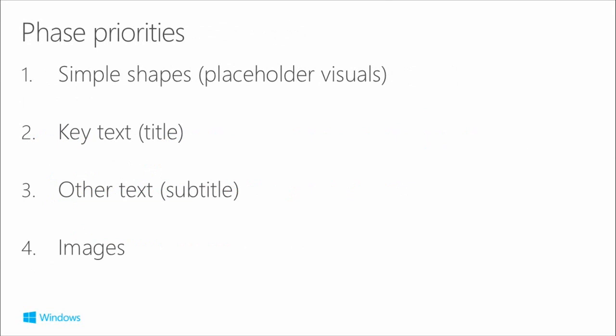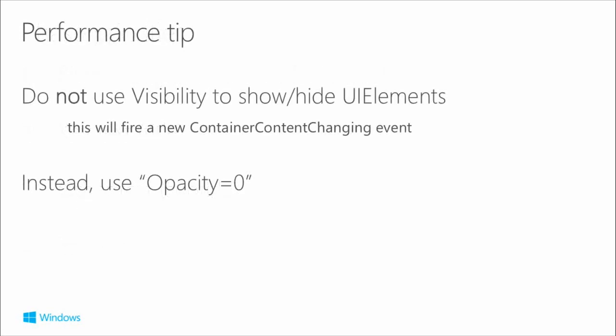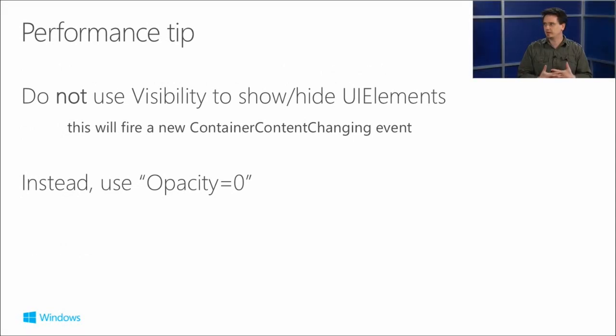Phase priorities are, as I mentioned before, simple shapes, those placeholder visuals I was talking about. Try to keep those non-opacity, simple colors, blocks, squares, and rectangles. Then the key text, then other text, and then lastly, the images. One tip is that when you're hiding and showing these items inside of your item template, do not use visibility,